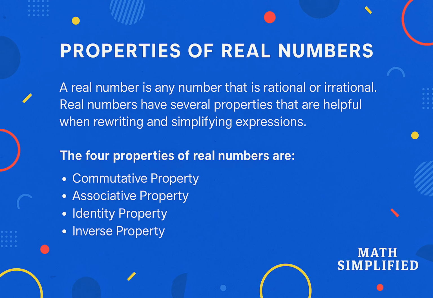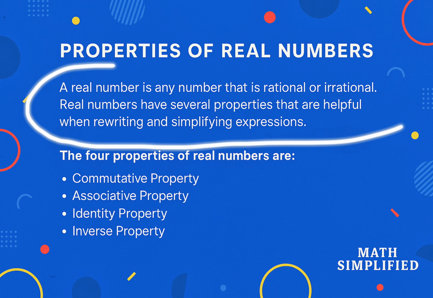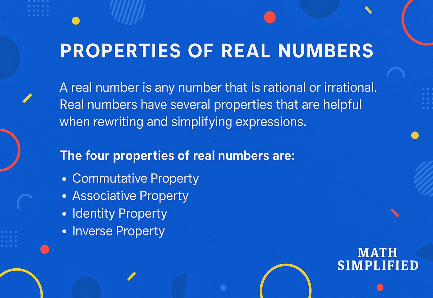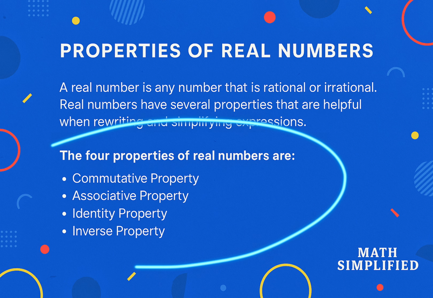Okay, so what are properties of real numbers? A real number is any number that is rational or irrational. Real numbers have several properties that are helpful when rewriting and simplifying expressions. So there are four main properties of real numbers we have to know. The first one is commutative property, second one is associative property, third one is identity property, and the last one